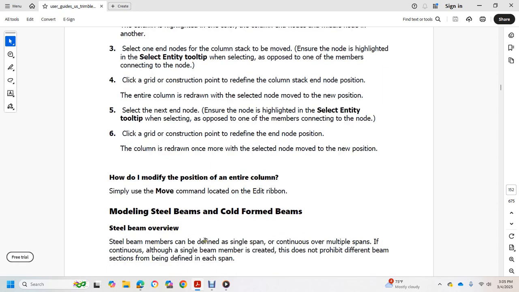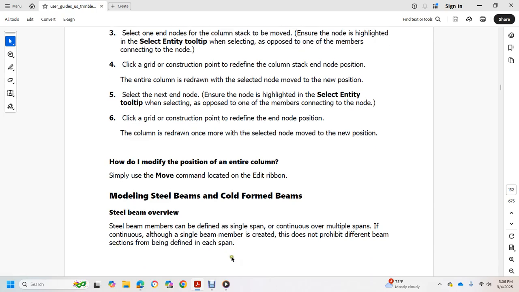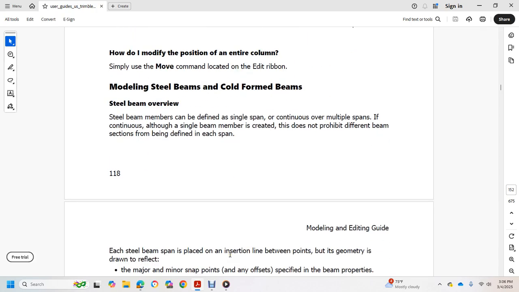Steel beams overview. A beam can be defined as a single span or continuous over multiple spans. If it is continuous, although a single member is created, it does not prohibit a different beam section being defined in each span. Each steel beam span is placed on the insertion line between points, but the geometry is drawn to reflect